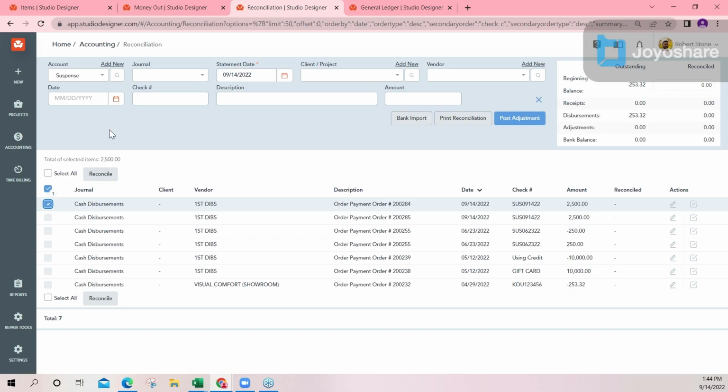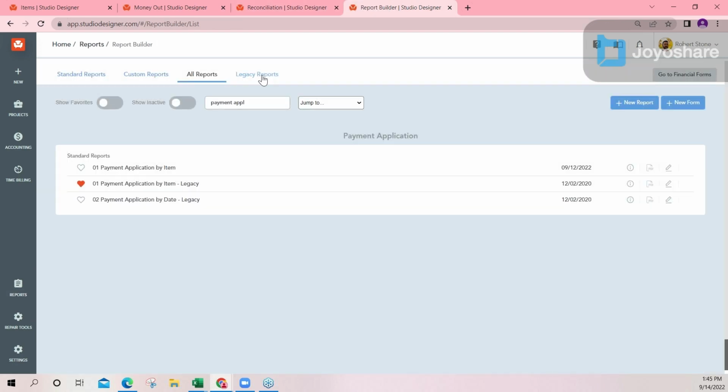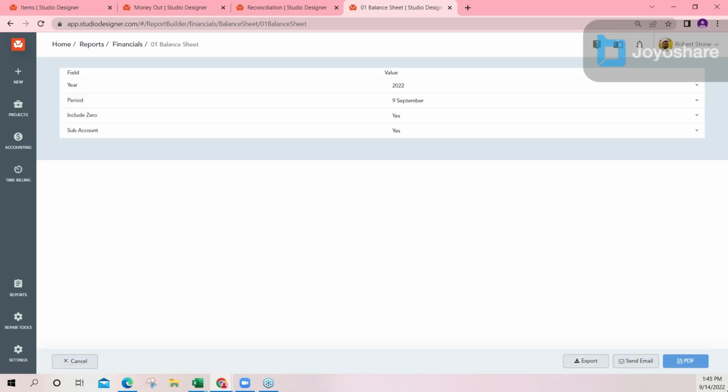And then at the end of the month, when you're doing your reconciliations for all your cash and credit card accounts, maybe you don't need to do it monthly. I would say it depends again on volume, but definitely check in on this account in the actual reconciliation screen at least quarterly, and then absolutely at the end of the year, just to make sure that it balances. It'll populate on your balance sheet also. So at end of the year, when you pull your balance sheet,